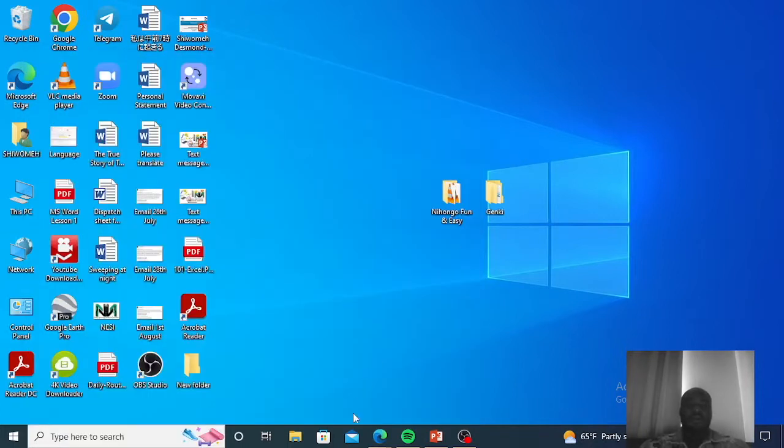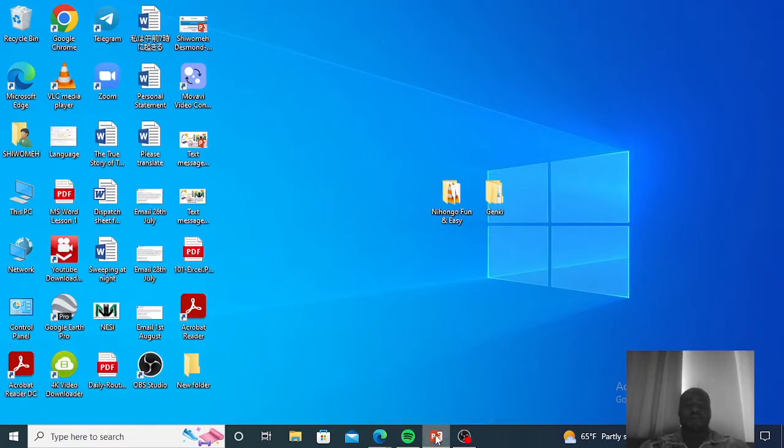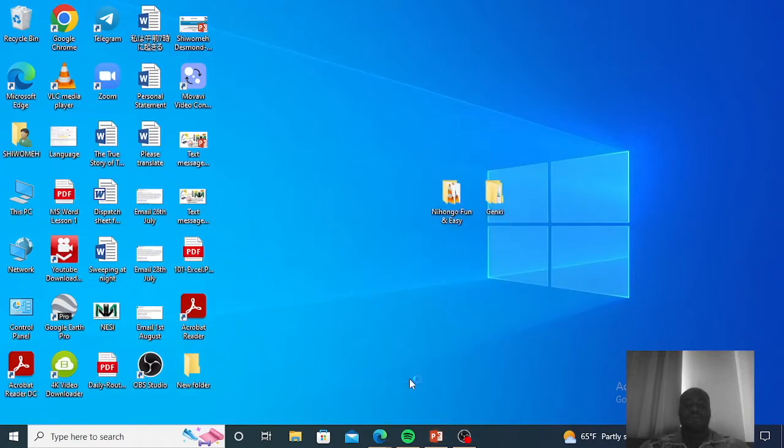Or if you already have another page of PowerPoint open, you move to the taskbar, right click on the PowerPoint icon and select the PowerPoint option just below, and then you double click on it and your PowerPoint opens. And immediately your PowerPoint opens, you also notice that PowerPoint gives you